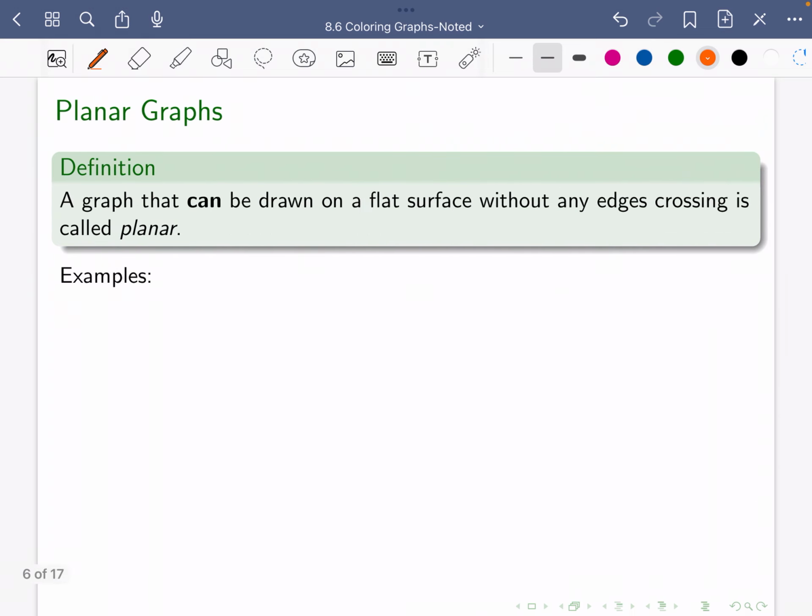We can formalize that by defining planar graphs. A graph that can be drawn, not that it has to be, but that can be drawn on a flat surface without any edges crossing, we call planar. And so if we were to consider a complete graph on four vertices, K4,